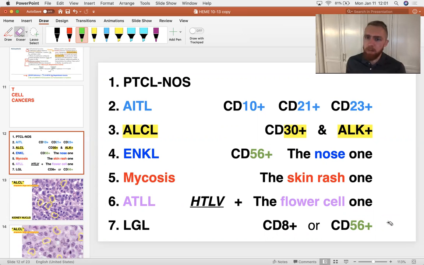And then what's step number 2? You get a blood smear. And so if there are clonal T cells in the blood smear, it's Sezary syndrome. If there aren't, they're only in the skin. It's mycosis fungoides. Then we've got ATLL,